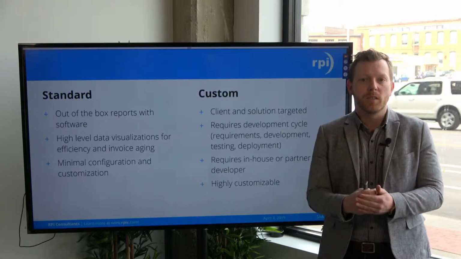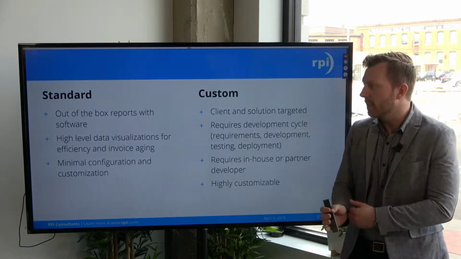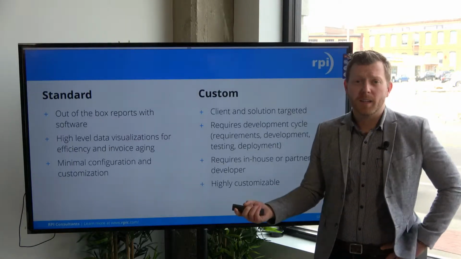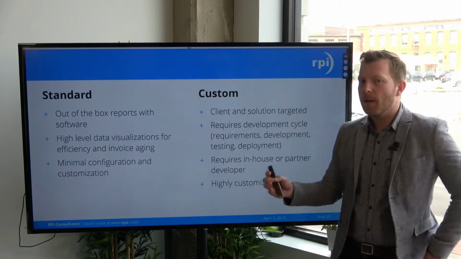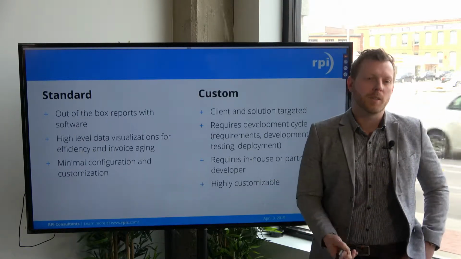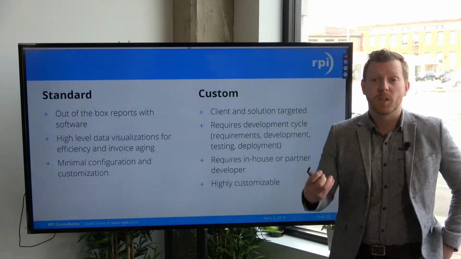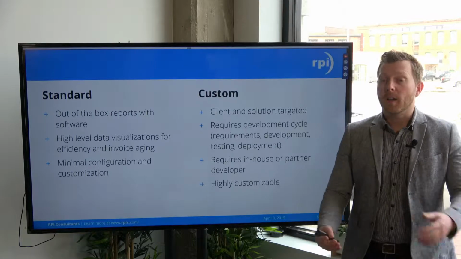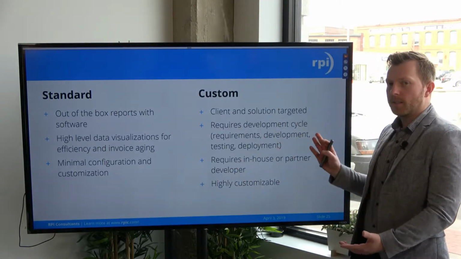Some are really good to use. I work quite a bit with Perceptive reports, as well as KTA. Those reports are great at showing your workflow analysis and highlighting certain things, but they may not show certain key values that are really important to you. Like, I wish it would show invoice date or due date, or I could filter by this type of thing. And that's where you jump into the realm of custom reporting.